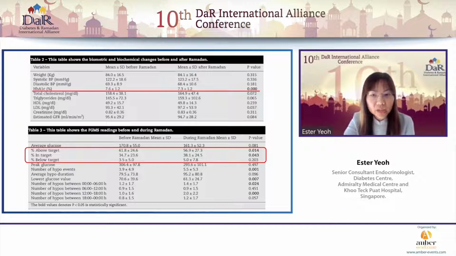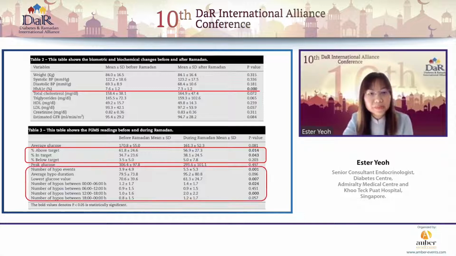There was no statistically significant difference in the percentage time below range. In terms of hypo events, although the number of hypo events increased during Ramadan, which can be expected during the fasting period,